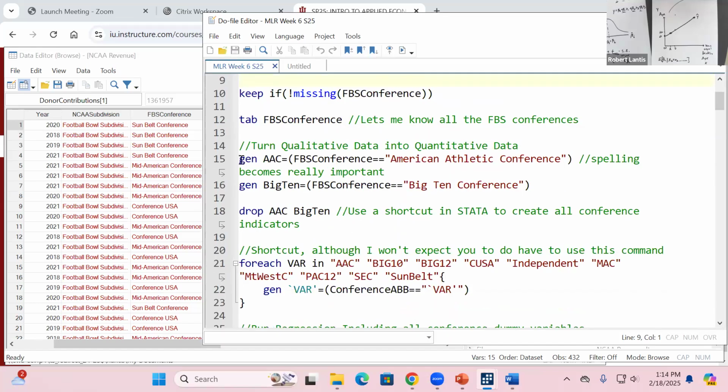So the way that we could do that is I would have to type this out here. I'm going to create a new variable, which is just a dummy variable. This was using that gen command. We've already talked about creating these indicator variables if a certain conditional statement is true. So create this AAC, standing for American Athletic Conference, which is equal to a 1 if that conference variable is equal to the text, American Athletic Conference, 0 if not. So notice if I run this line of code,